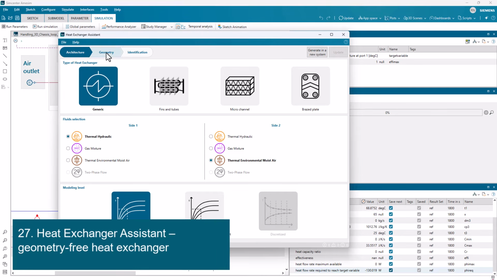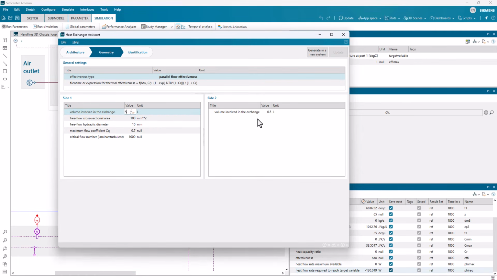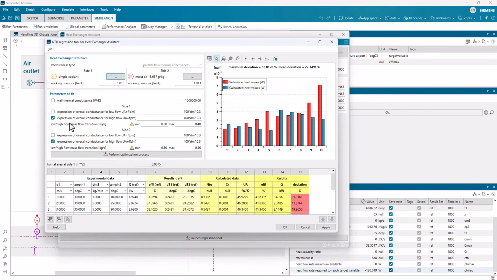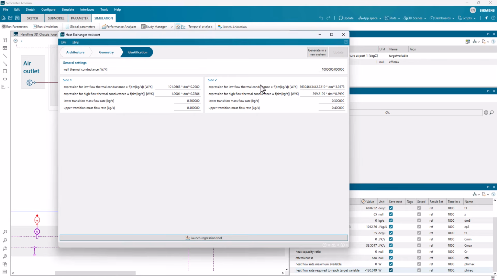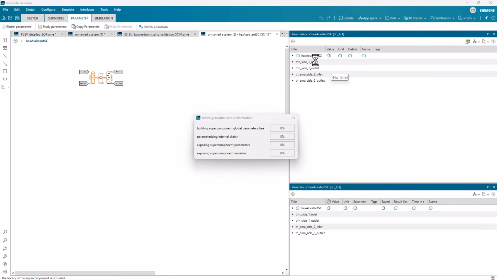If we don't have any geometry available but still want to easily transform performance requirements into a ready-to-use model, we can use the new geometry-free number of transfer units (NTU) modeling with parameter identification. Here we'll need experimental data of the heat exchanger performance to be able to optimize the NTU model parameters. After optimization is complete, we can generate the corresponding model.